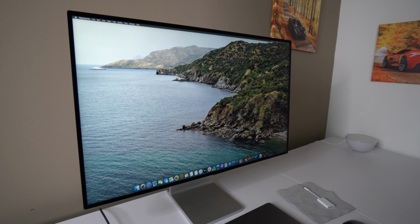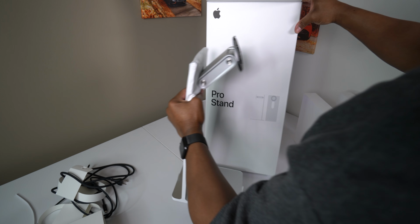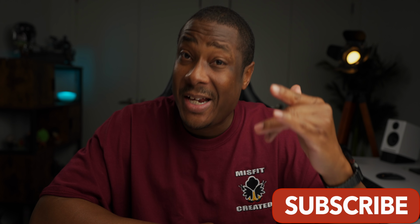Today we're going to be discussing Apple's $5,000 Pro Display XDR alongside its optional $1,000 Pro stand. Now in this video, we're going to be making a determination as to whether this display is the right display